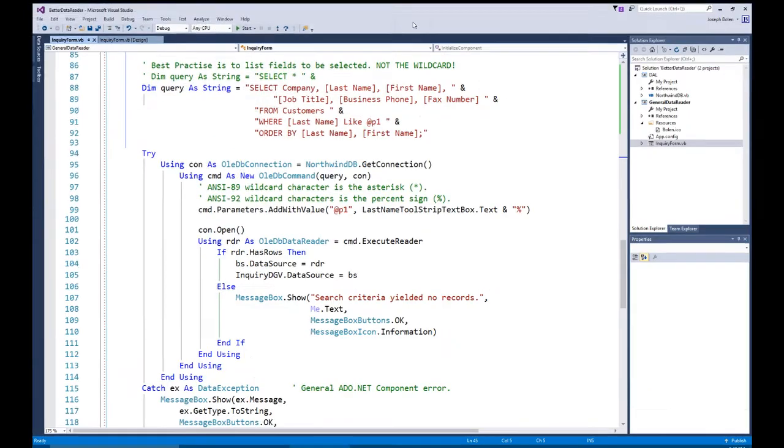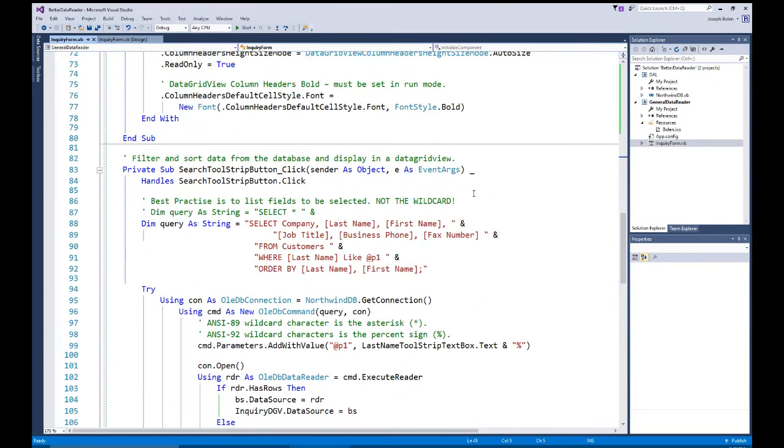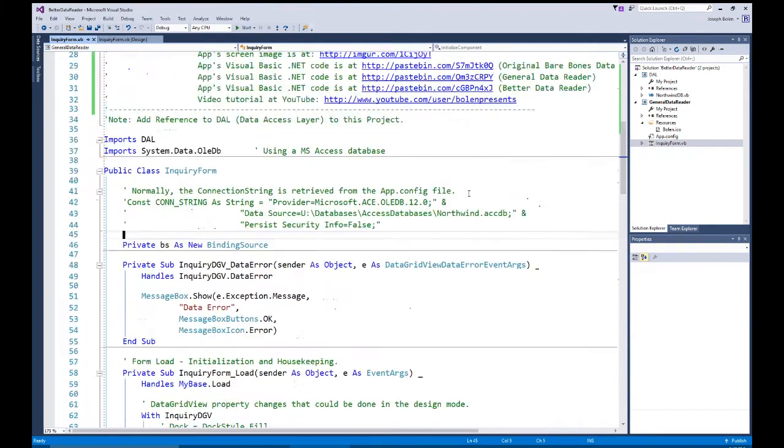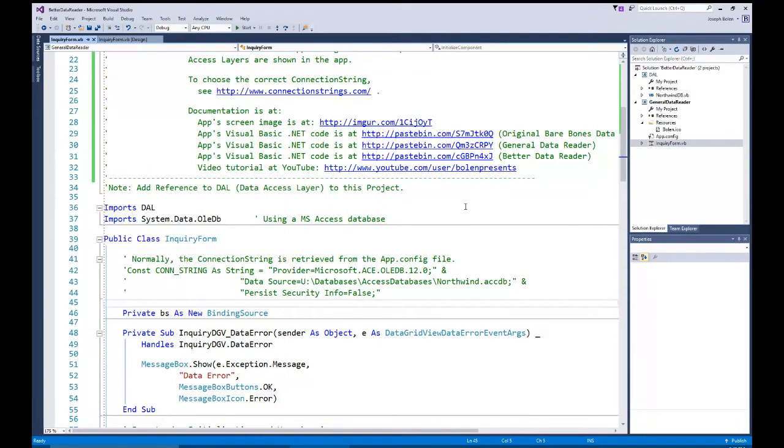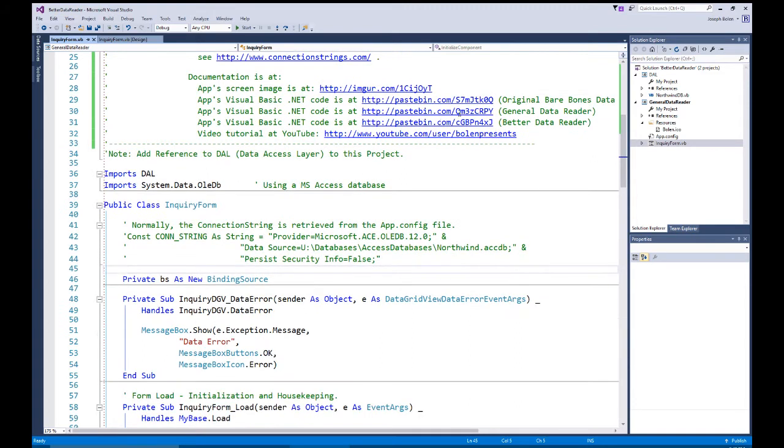Okay, now I'm going to change the view a little bit here. Let's first of all come up to the top where I have the documentation. You'll see that I have the image out at Imgur, so you can see what the form looks like with data in it. Also, you'll see my first version, my prototype version, the original bare bones data reader at Pastebin,